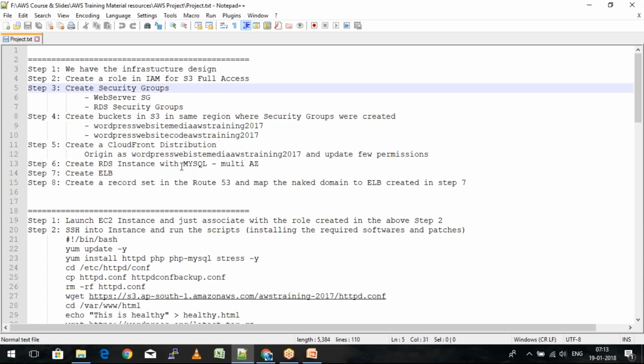And then we created an RDS instance for the MySQL DB with multi-AZ. And then we started creating an ELB, that is Elastic Load Balancer. And then we mapped up the Route 53 record set with the load balancer for our domain, which is with the name AWS Training 2017.tk. And looking at the infrastructure design,